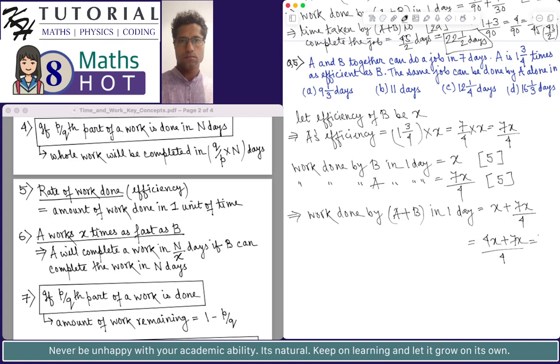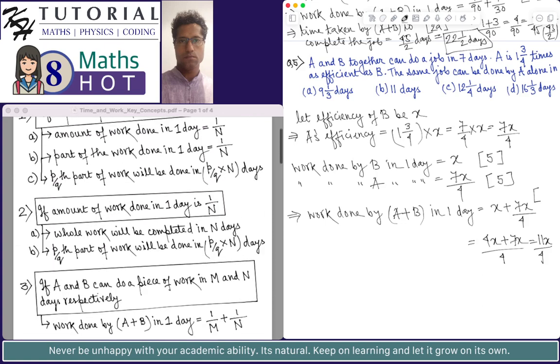This is equal to 11x by 4. Now work done by A plus B in one day is X plus 7x by 4. That is, we added the amount of work done by B in one day and the amount of work done by A in one day. So the concept applied is